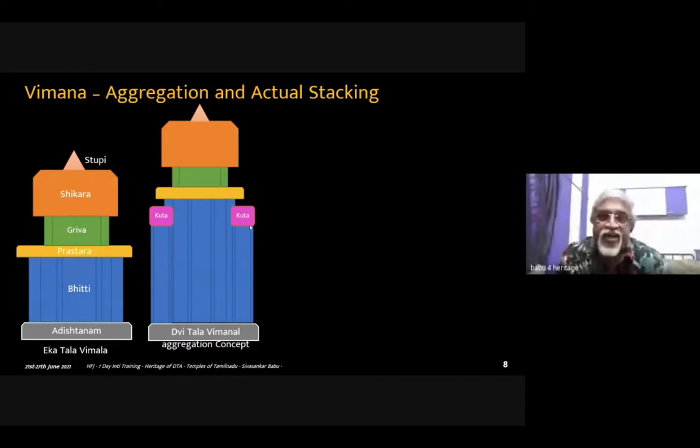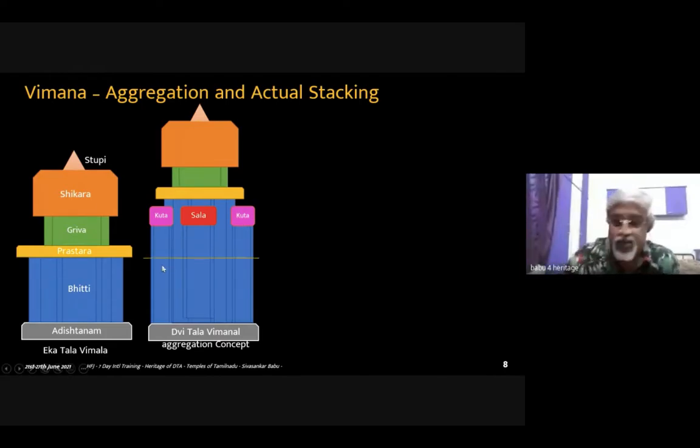So totally 8 components are put. 4 kutas on corner, 4 salas in between, then it becomes totally 8. So if I put 2 kuta, meaning your square type of Nagara temples, tall temples like this, and 1 sala, the wagon kind of a temple in the middle, then it looks somewhat decent. So the outlook is better.